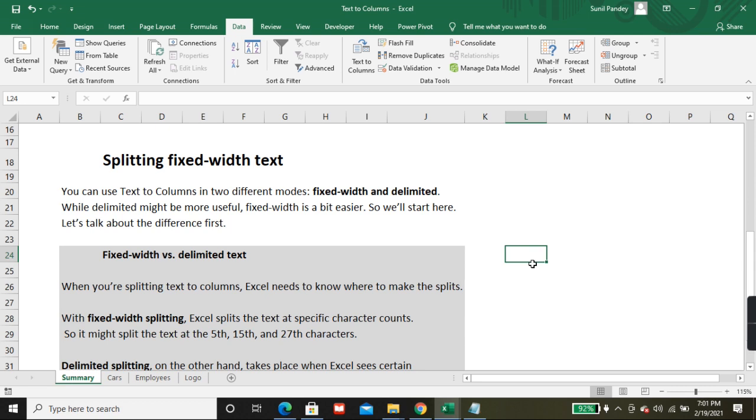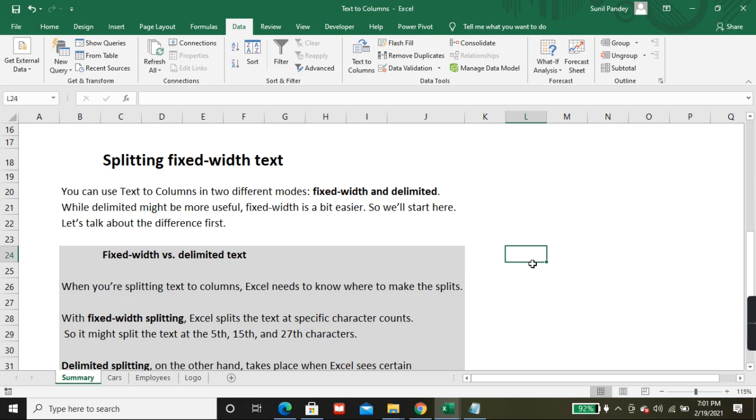You can use text to columns in two different modes. The first one is fixed width and the second is delimited. While delimited might be more useful, fixed width is a bit easier.